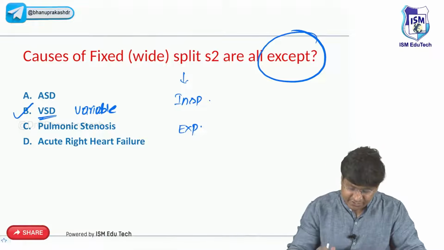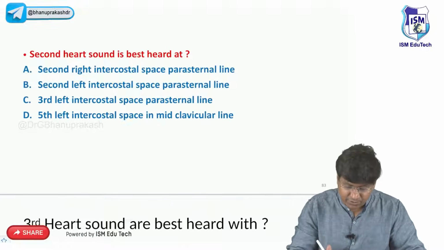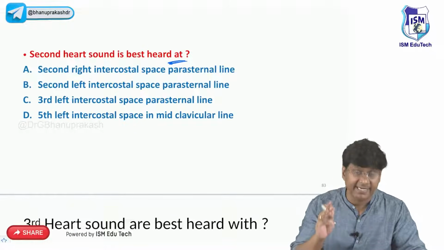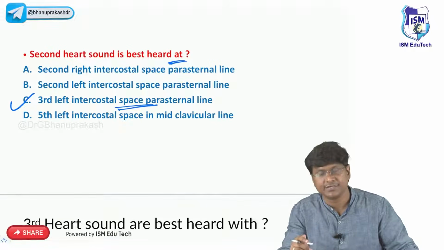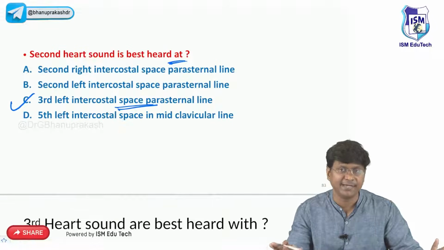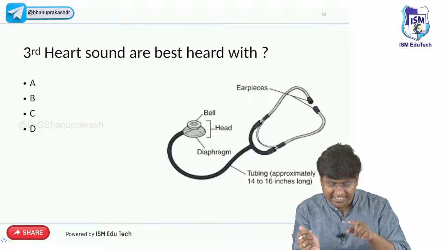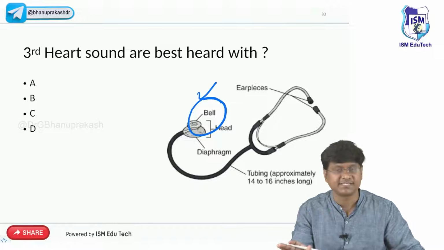Okay. Next question. This was a PYQ which was asked. Second heart sound is best heard at. Remember, second heart sound is best heard at the Erb's point. That is third left intercostal space, parasternal line. That was related to the abnormalities of second heart sound. Then you take the third heart sound. Third heart sound is best heard with, remember, the bell of the stethoscope because it's